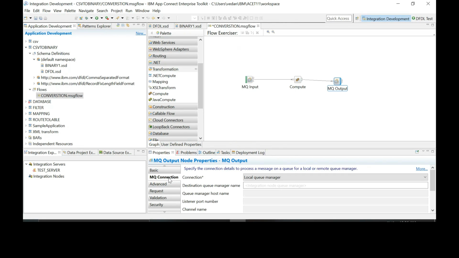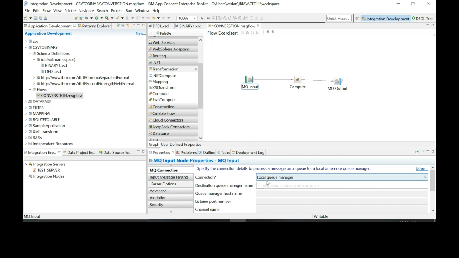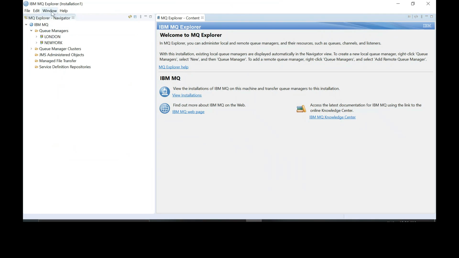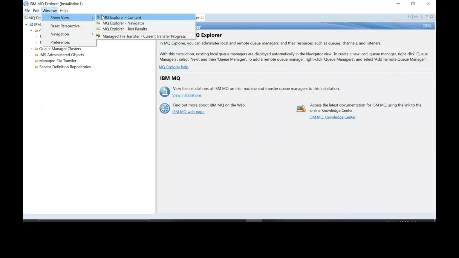Expand your broker and show me where you want to deploy this. I think I need to create these queues in MQ because I don't have them. First, I want to see your broker. This one is your queue manager.